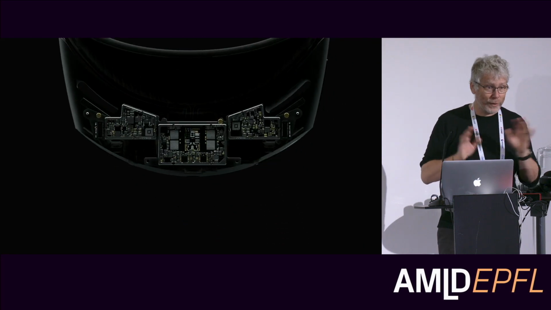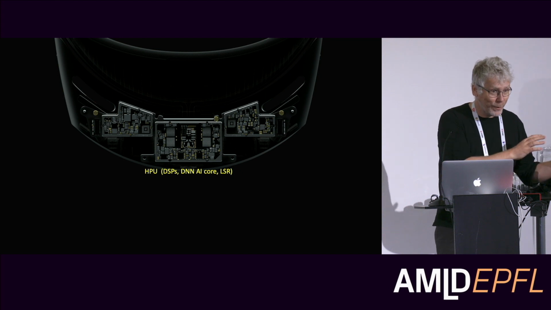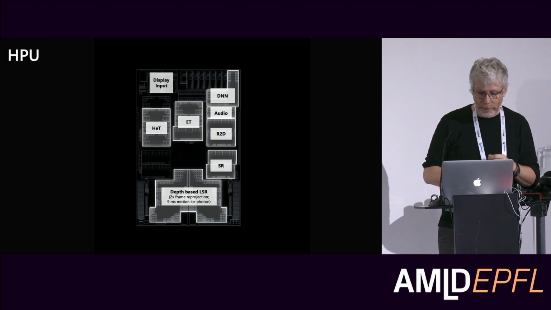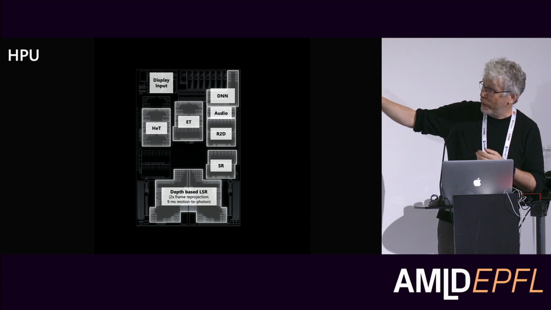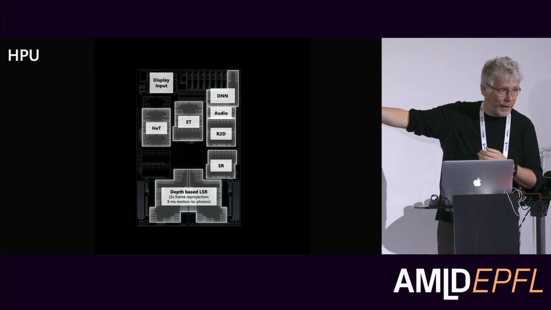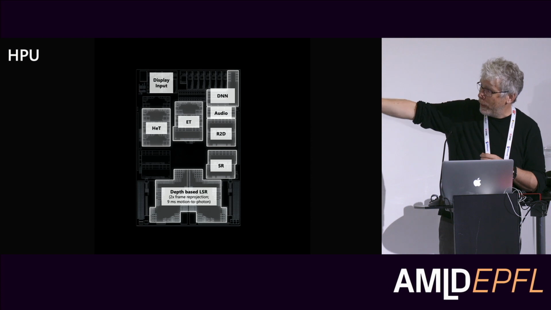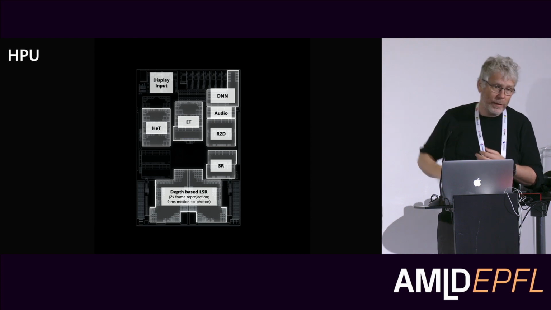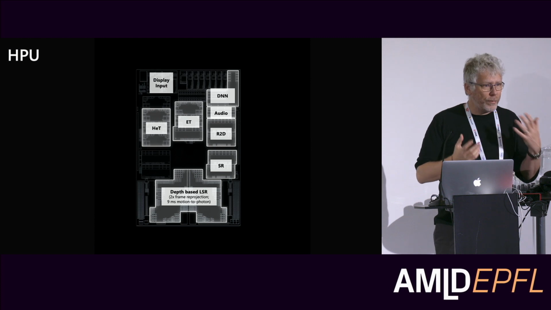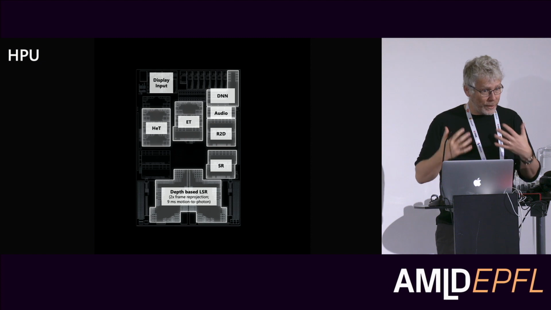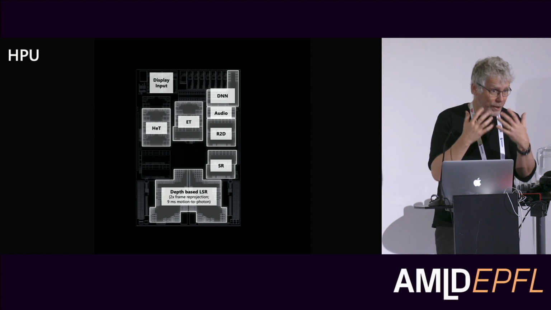Then how can you do all of this real-time computer vision without a huge GPU somewhere to run your models on? It's really because Microsoft had to develop an ASIC that essentially has a whole bunch of DSPs that run all of these real-time computer vision algorithms, plus a DNN inference core, which was specifically developed for the project, and also this depth-based late-stage reprojection, which, think of it as an image-based warp that will take the image that was rendered by the GPU and then do a small correction on it based